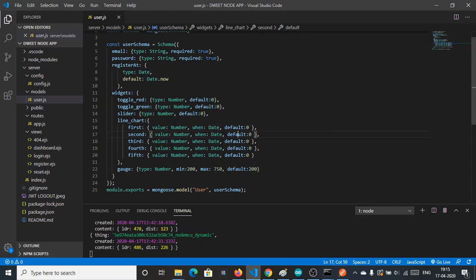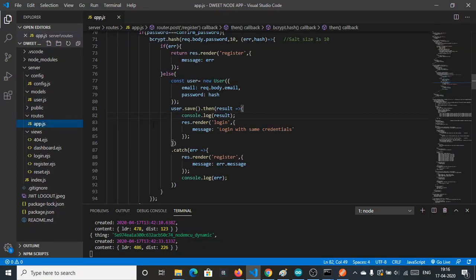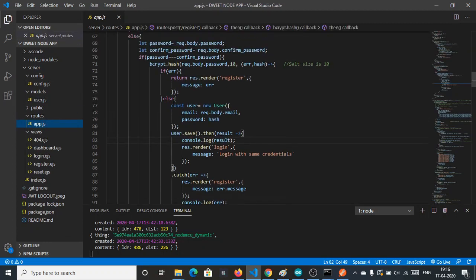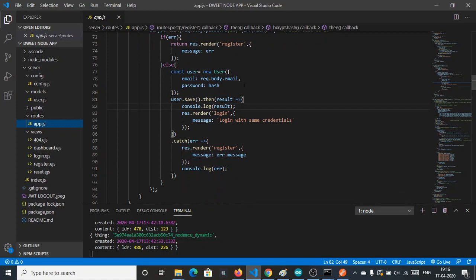These two fields, value and when, are used for storing the exact value of the ultrasound distance, and the when field will contain the exact date time, basically the timestamp of that value. Fine. And in the register post route, we have stored that user in our database.